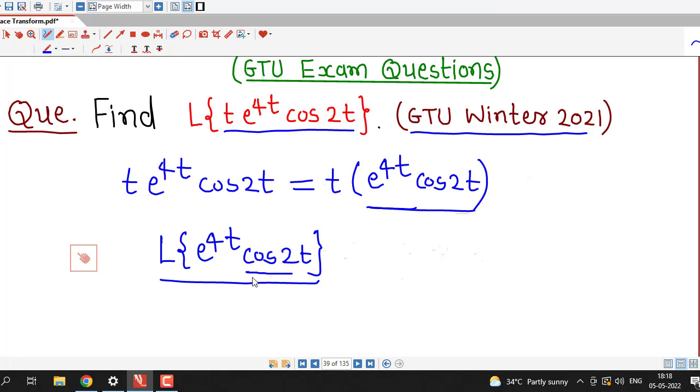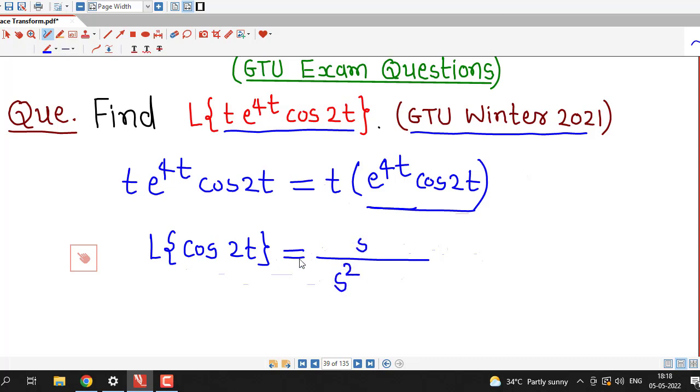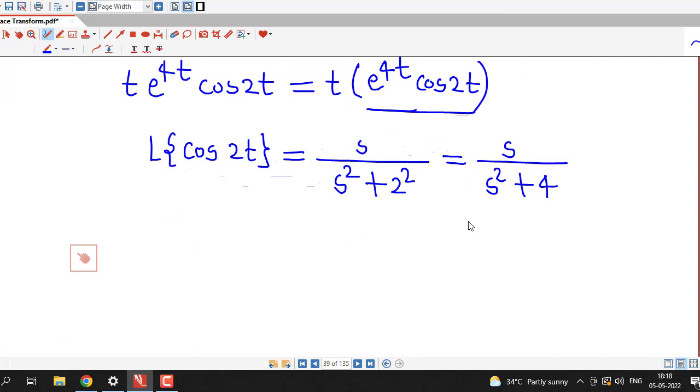Now to find the Laplace transform of this, we apply the first shifting theorem, and for that we first write down the Laplace transform of cos 2t. We have a ready-made formula for the Laplace transform of cos at. It is s divided by s square plus a square. Here a is 2, so the Laplace transform of cos 2t is s divided by s square plus 2 square, and that is equal to s divided by s square plus 4. And therefore